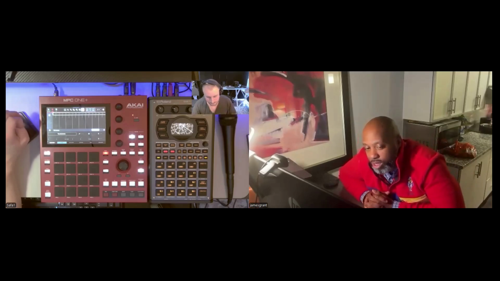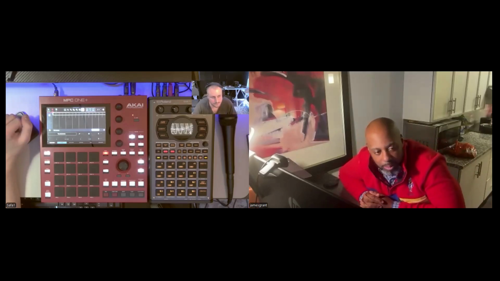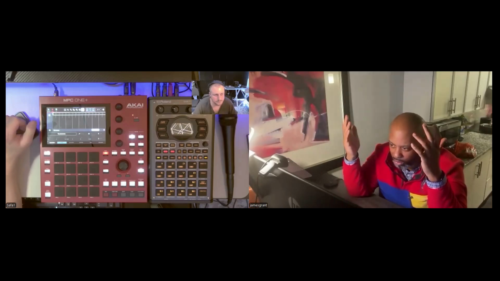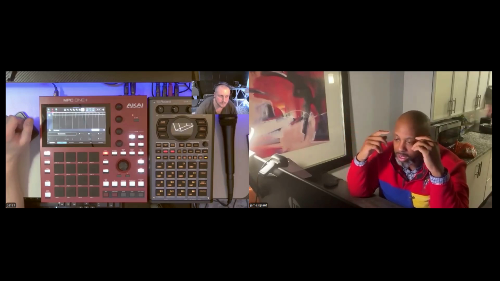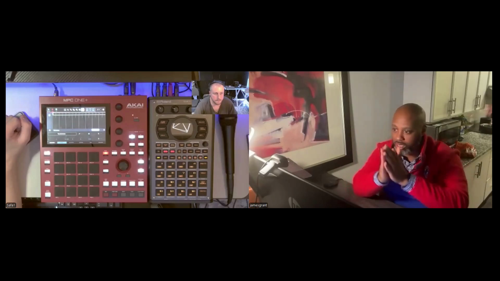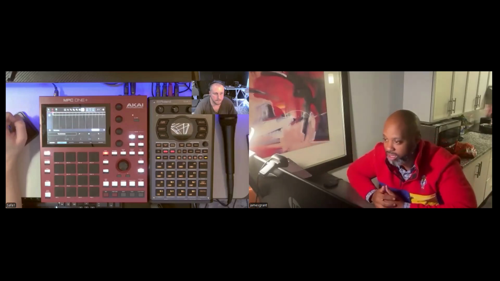You know what's interesting? Side note: the Tascam mixer, I think it's called the Tascam something 12. You can connect that one through USB on your MPC, and then send all of your tracks out to the different tracks on the mixer.